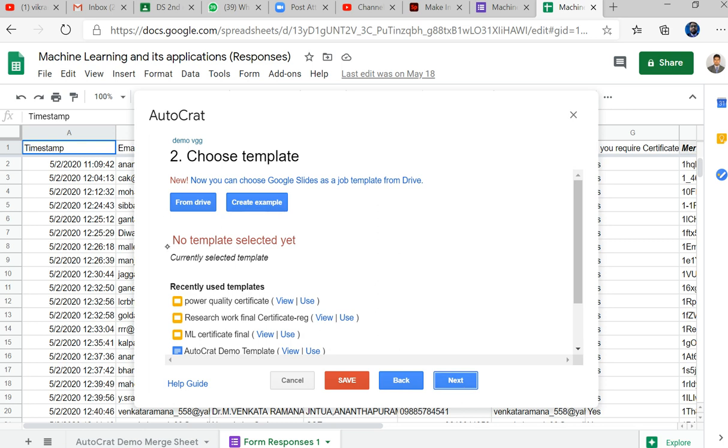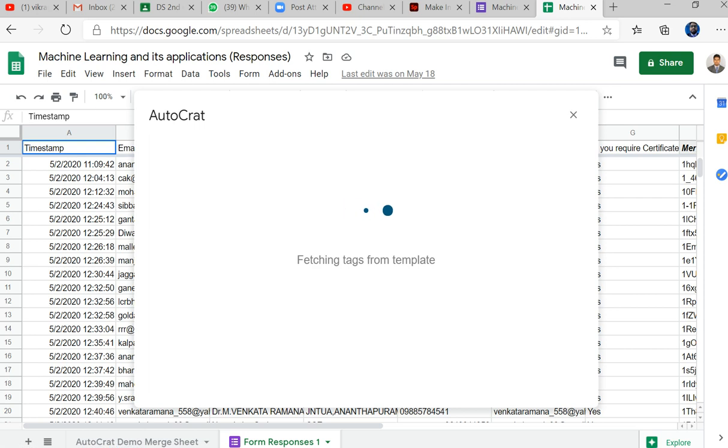From here you need to take an example certificate that you are trying to make. You can collect it from the Drive or you can create an example using Google Sheets. Let me use the recent one which I have already used. I am just using this certificate that I have.